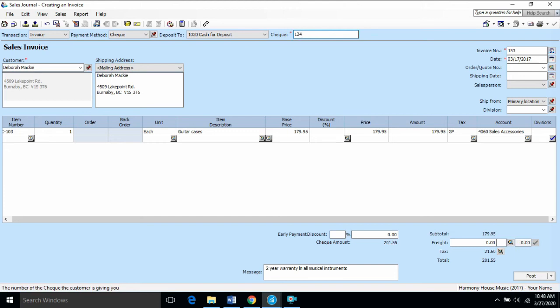And I really want to reiterate that changing it to 1020 cash for deposit is really critical. Otherwise, your bank account's going to be way off, and you're not going to be able to process the payment properly later. Now, we're going to display the sales journal,